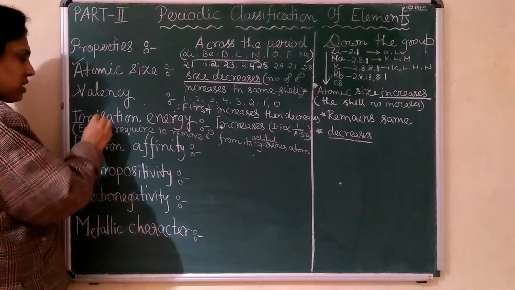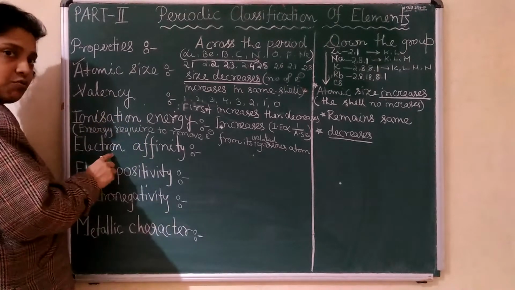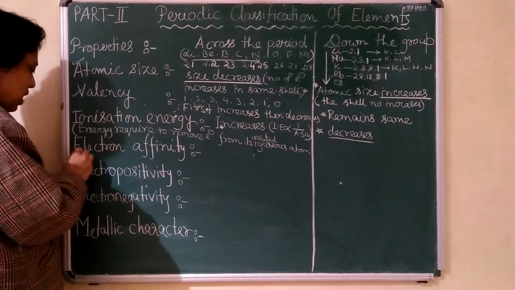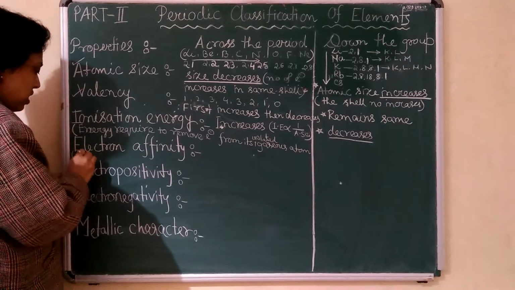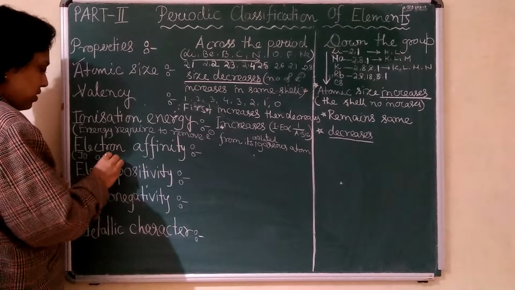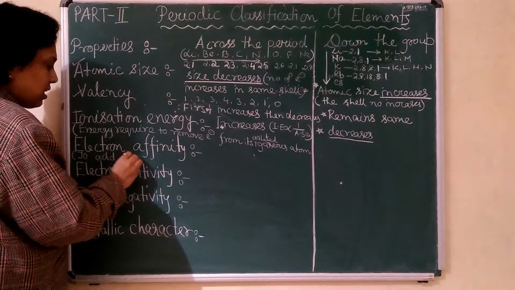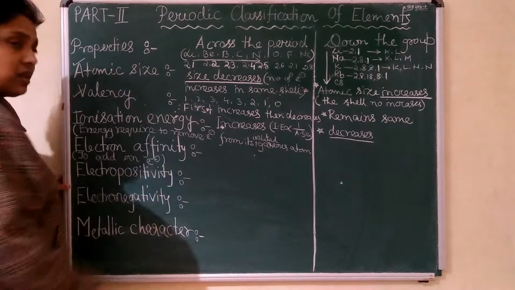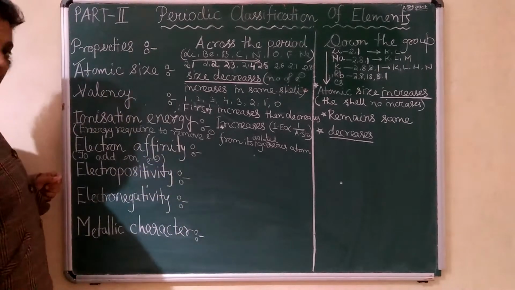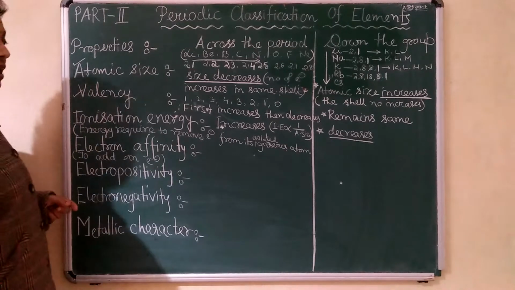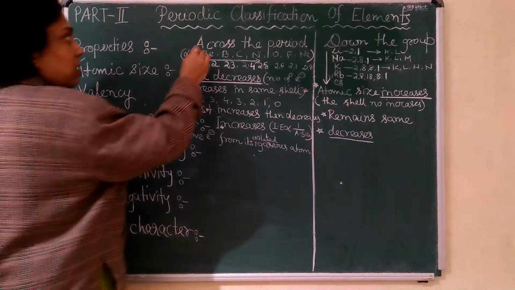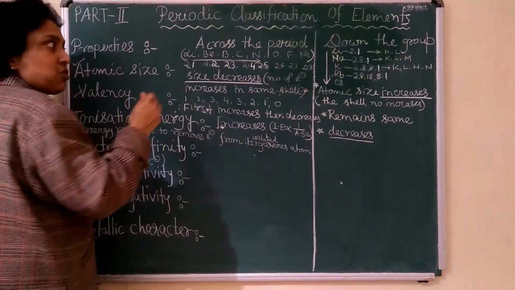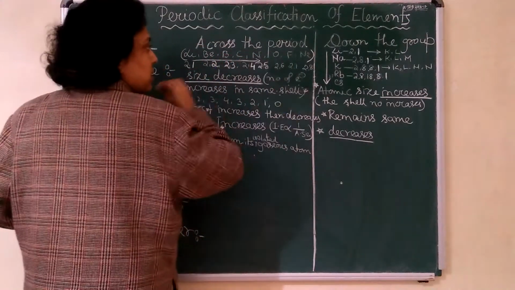These two concepts are the same, but this is for metal, this is for non-metal. So in the non-metal case, what will it be? Affinity is to add an electron. So it is the energy required to add an electron. Okay, so what will happen when we move from this side to this side? This side all are metal, so they will show ionization energy. This side it is electron affinity.